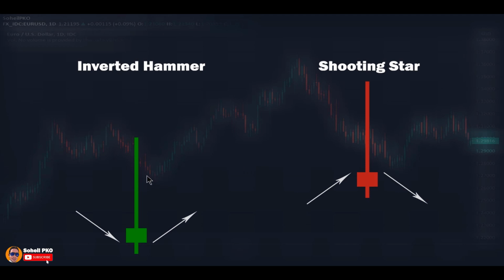And when this candle forms following a decline or near a support level, in other words, when it forms at the bottom, it's called an inverted hammer. And in this situation, it's bullish and it shows buying pressure, because being at the bottom, we see that buyers were aggressive and strong enough to drive the price to high levels significantly. So at the bottom, somewhere at a support level or following a decline, we have increased buying pressure, which gives the possibility of a change in the direction of the price.